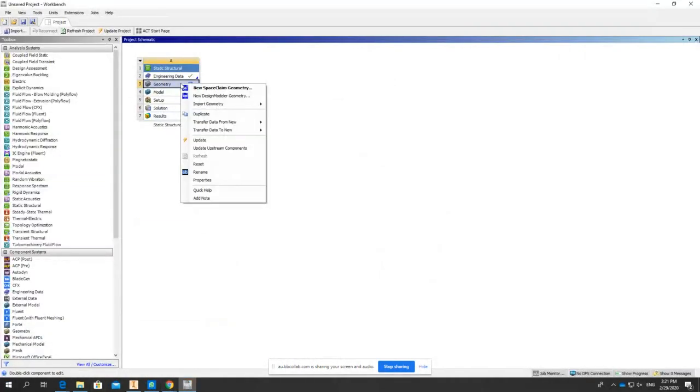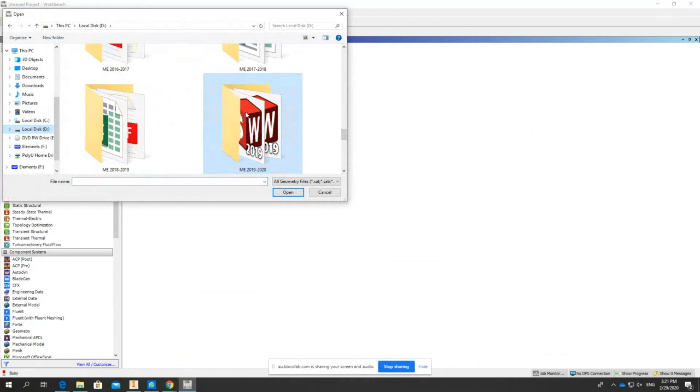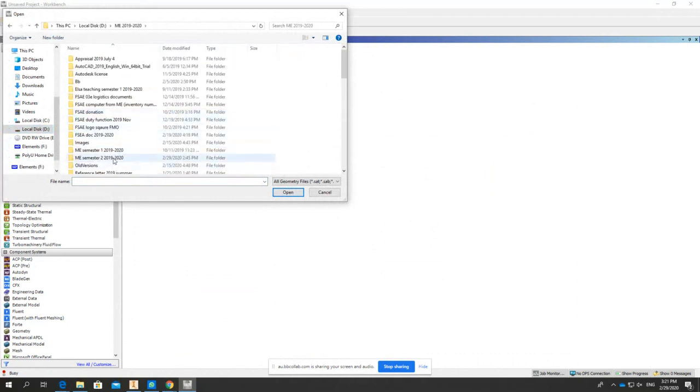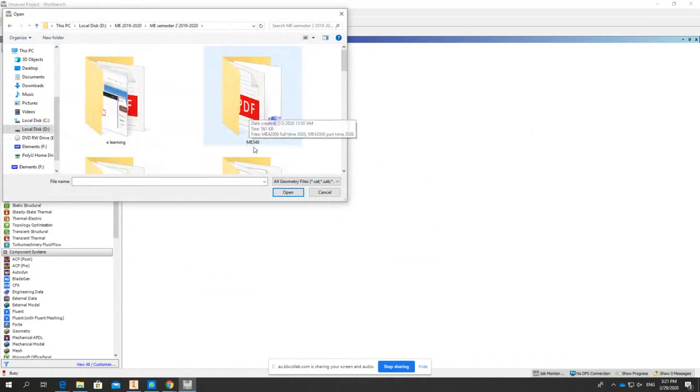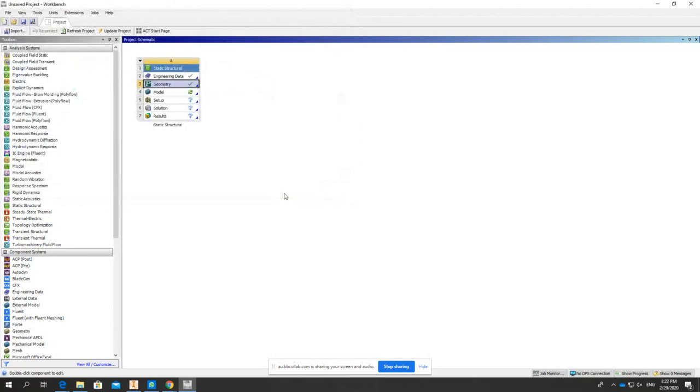So you can just right click and then import geometry. Browse, and then that file is under semester 2. One of my courses is the master course, and then here. You do not need to join, because in Blackboard we have already got the STP file. When you finish the